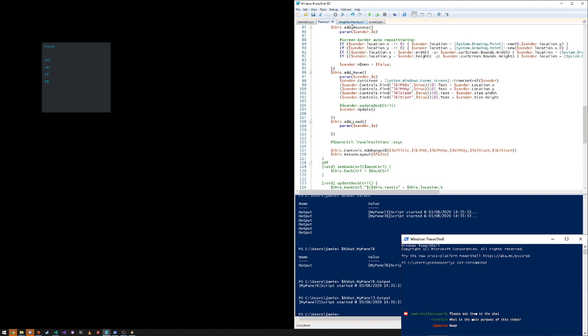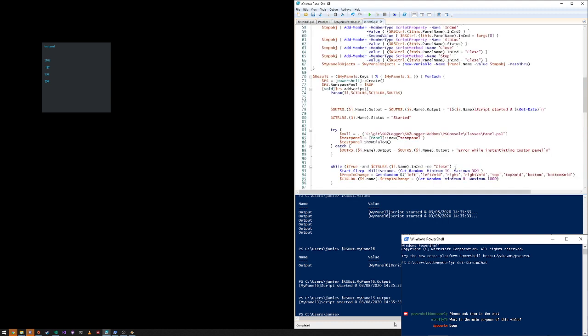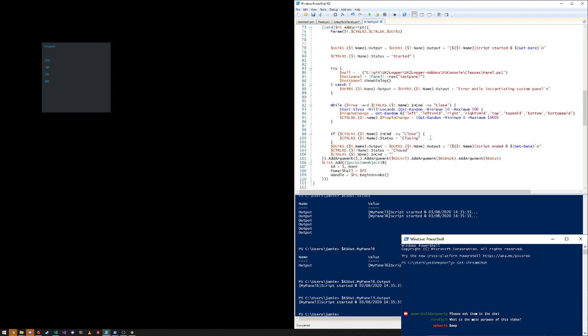No, there's nothing on close. So why would it still be running? Oh, that's right. Okay, that's because it's doing its other code. Okay, all right. So if we take off this other code,